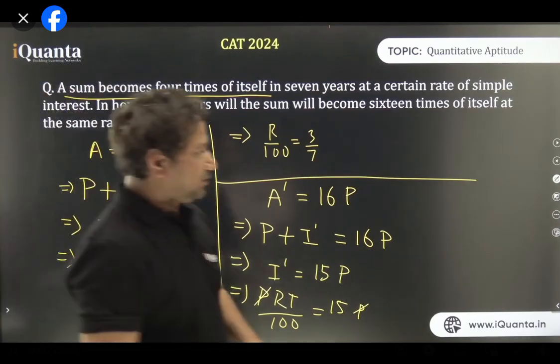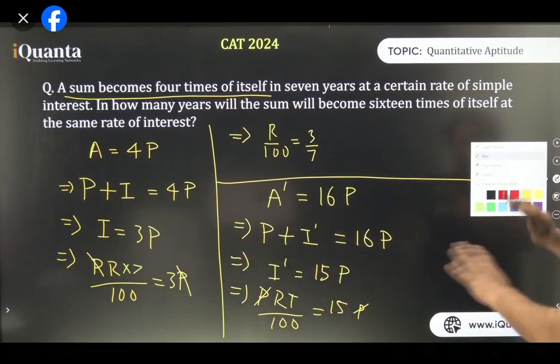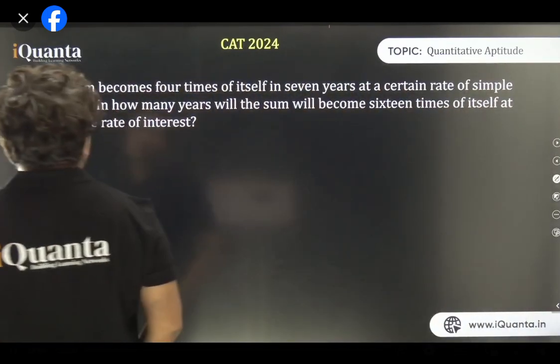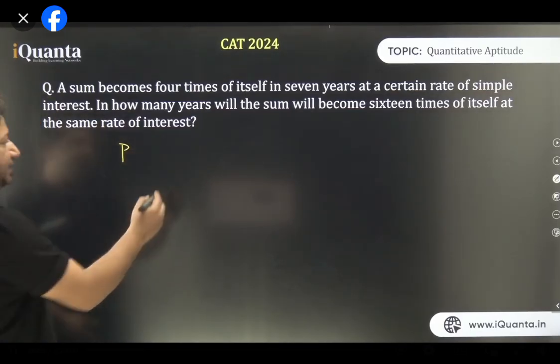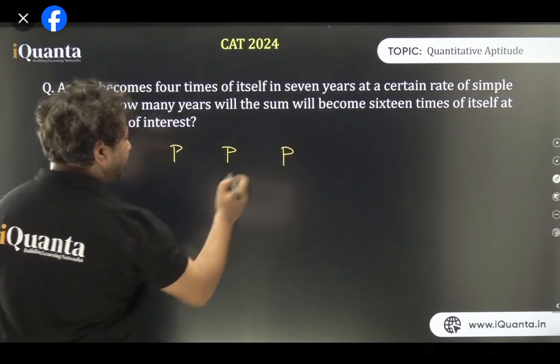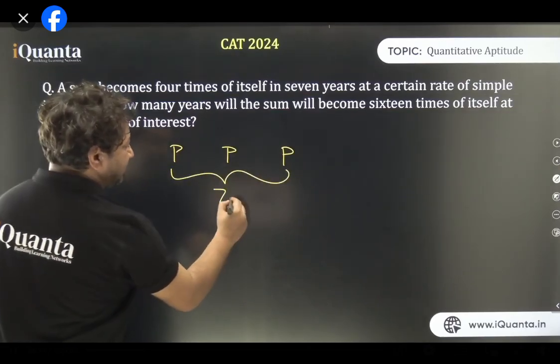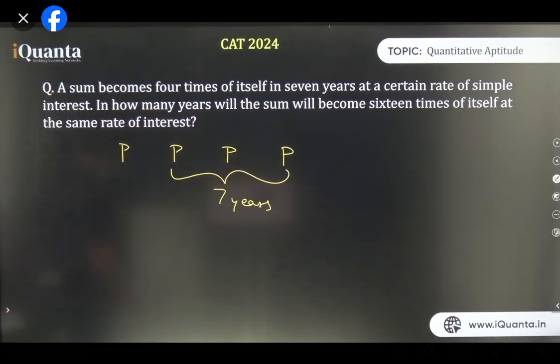Exactly. Now, let us do the observation. I'm removing it all. So what was happening? I had a principal amount. It became 4 times. That means I got 3 more amounts. In how many years? In 7 years. Is that right? Clear? No need to use any 100. See, is this clear to all of you? This is what has happened in the first step.